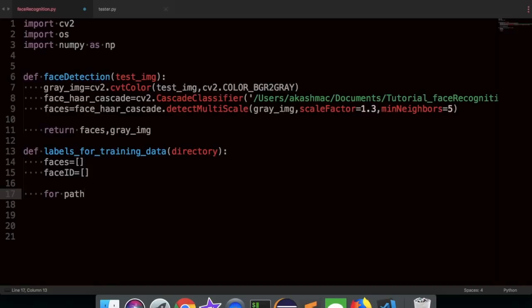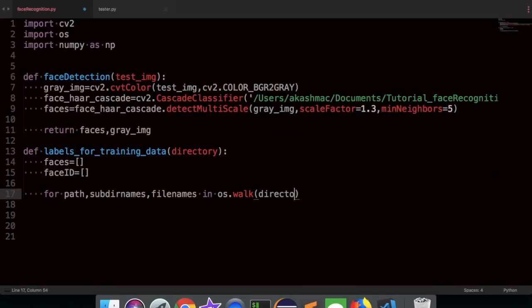We are going to use os.walk. When we feed it a directory, it is going to give us a path, a subdirectory, and a file name. To handle that tuple, I'm going to write subdir names and file names in os.walk